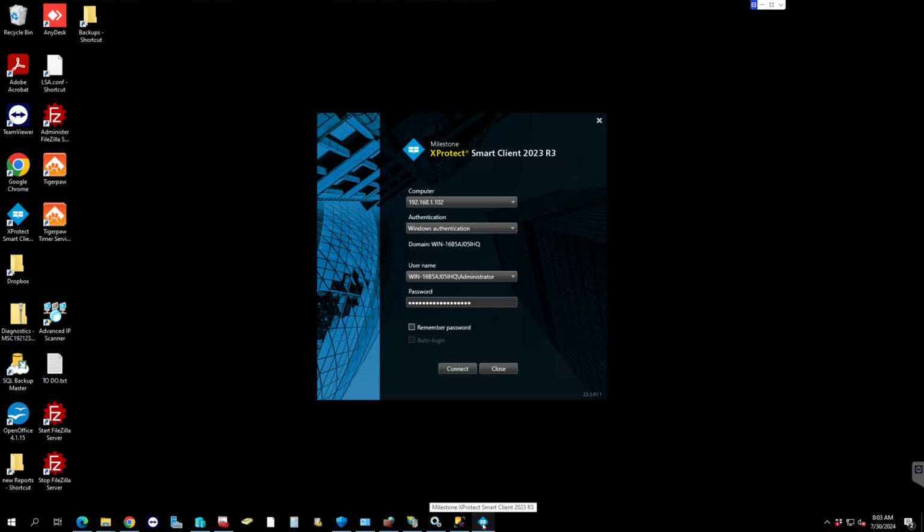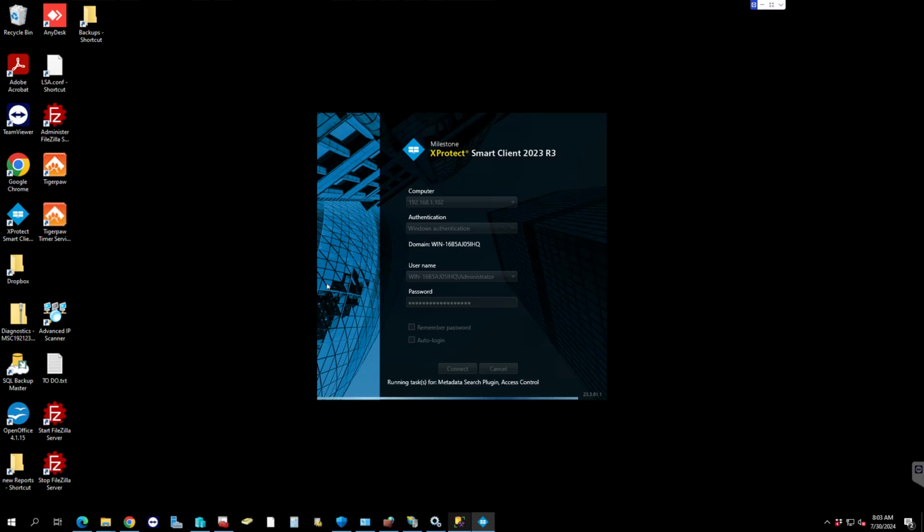The camera system is something that I personally use on a daily basis, and as administrators of your sites, I would imagine that at some point you're not going to be able to live without your camera. So when you want to see the camera system or do anything with it, you log into your XProtect Smart Client and you hit connect, and then that will take you to the